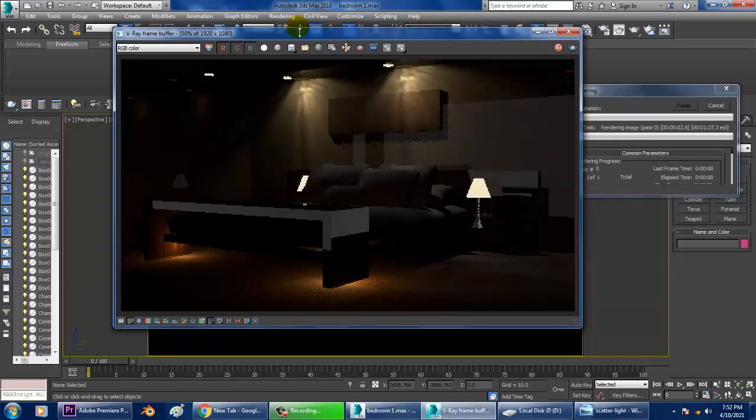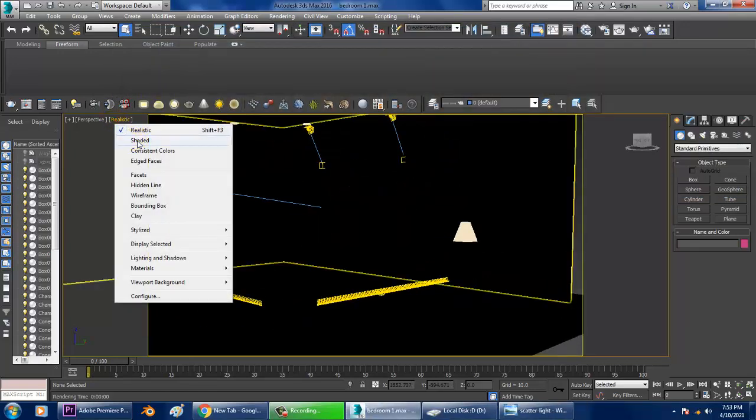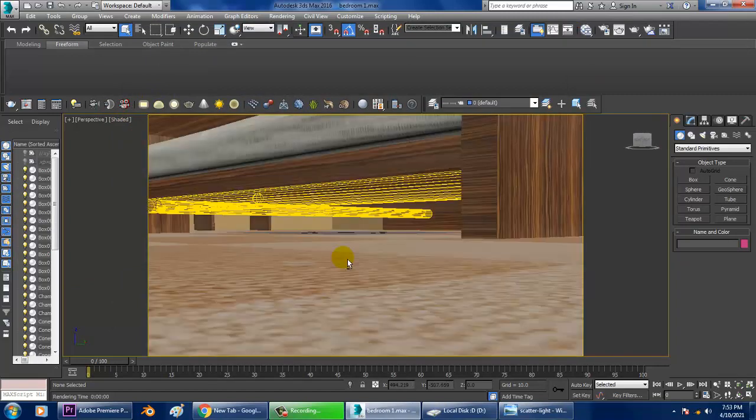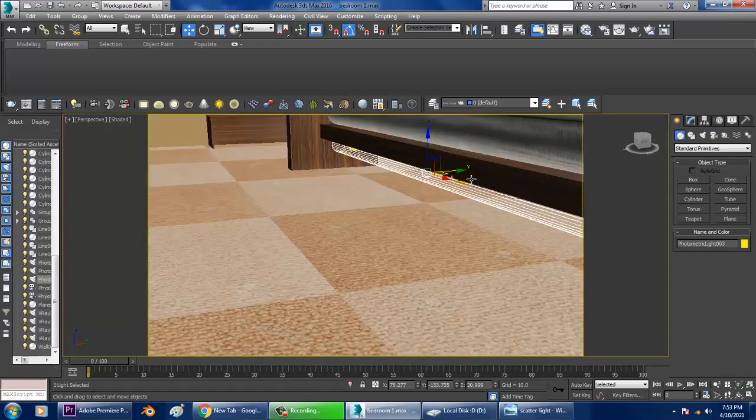Okay, so as you can see over here, the lights which we have placed for now, that's your two IES lights. So if you look at it closely, these are the IES lights which we have placed over here.